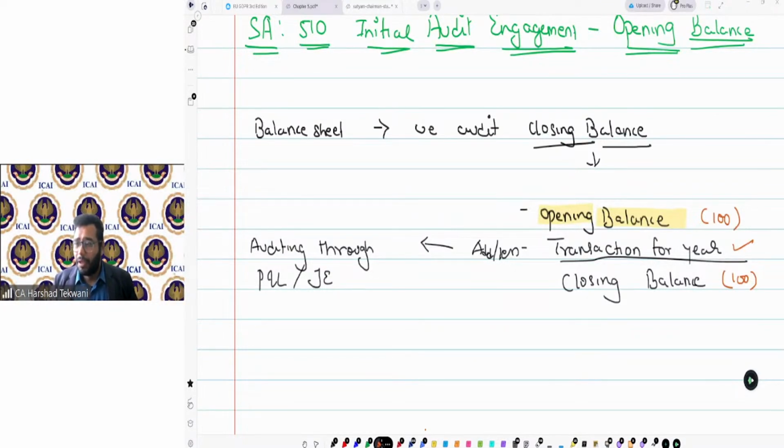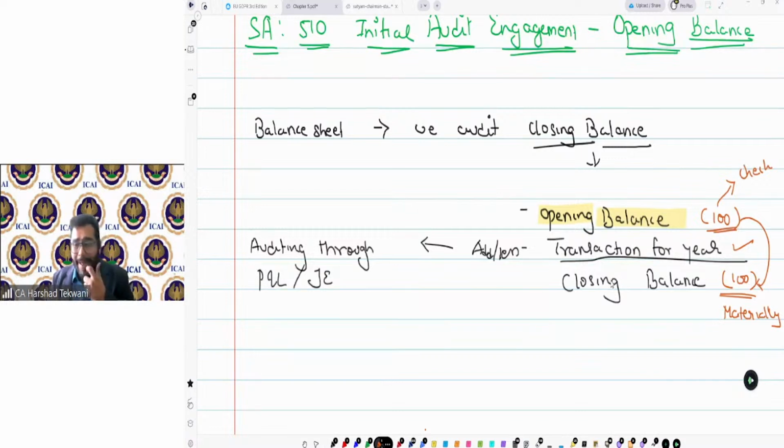As a result, it is necessary for the auditor to obtain appropriate and sufficient audit evidence regarding opening balances, whether the opening balance contains any such misstatement which can affect the current period financial statement materially. So I need to check whether there is any misstatement of rupees 100 in the opening balance which could impact this balance materially.